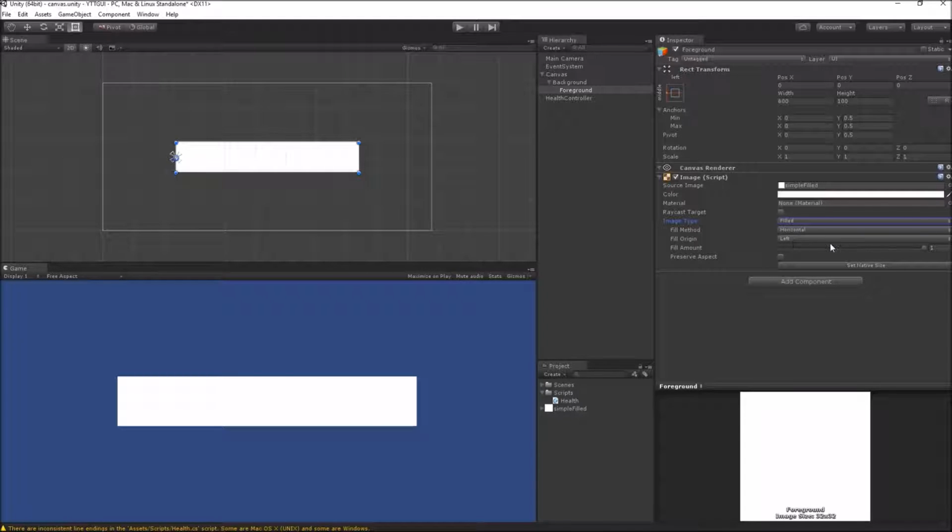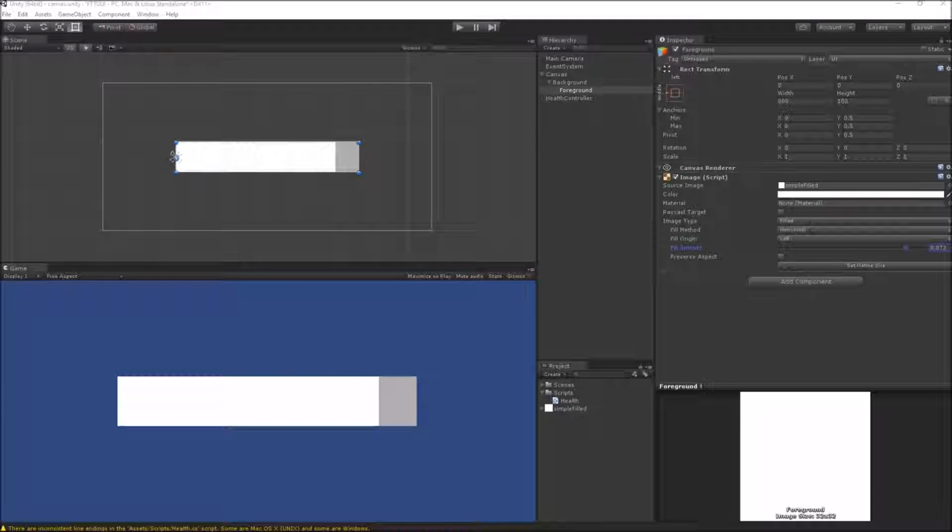Put the fill origin to left, and when this value changes from 0 to 1, you can see that the effect is exactly same as if we were changing the width. So what we have to do from code is to control the fill amount.